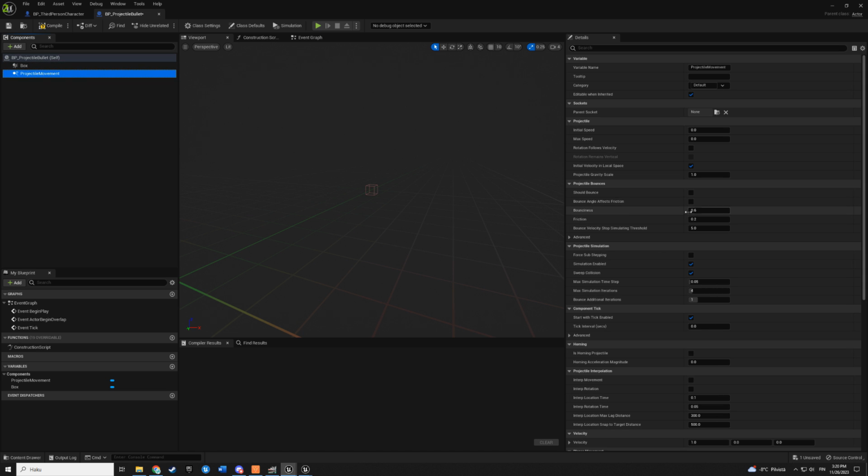So this makes it move. And then initial speed, make it something like 2000 for now. Also max speed be 2000. Then compile. And next what we could do,